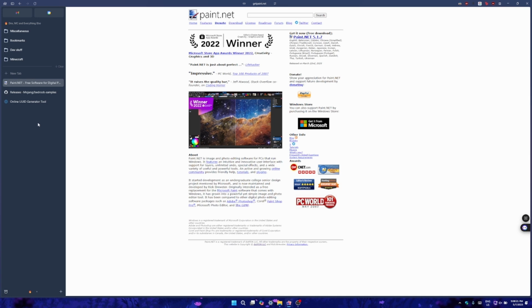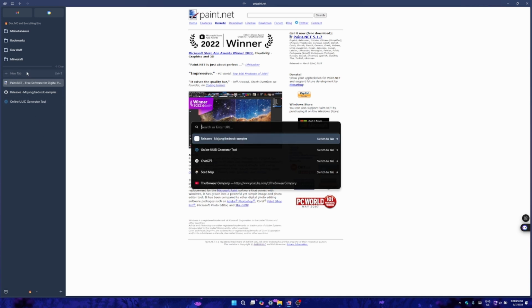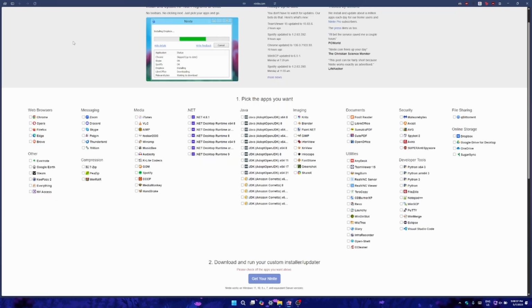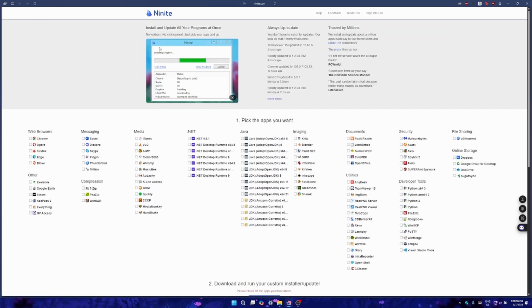And the other way you can get this, which I actually prefer, is called Ninite. Now over at Ninite, you can actually use this program to download whatever web browser, other thing, compression app, messaging, media, .NET. .NETs are super important. You can download Java versions, you can download imaging, documents, utilities, dev tools, security, file sharing, and online storage. So now over here, I would recommend Notepad++